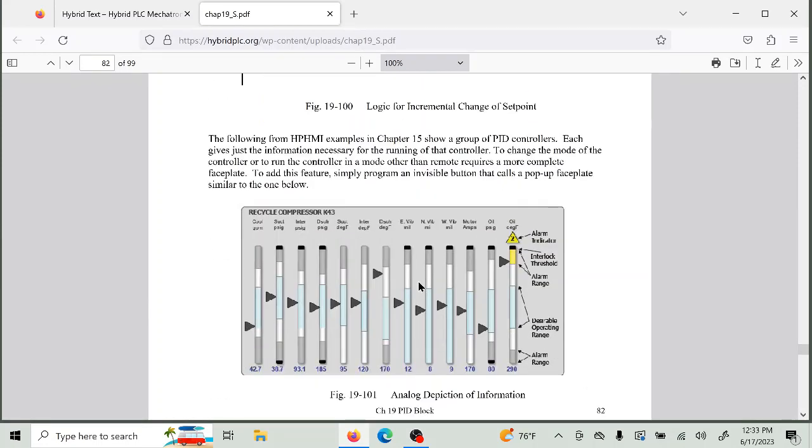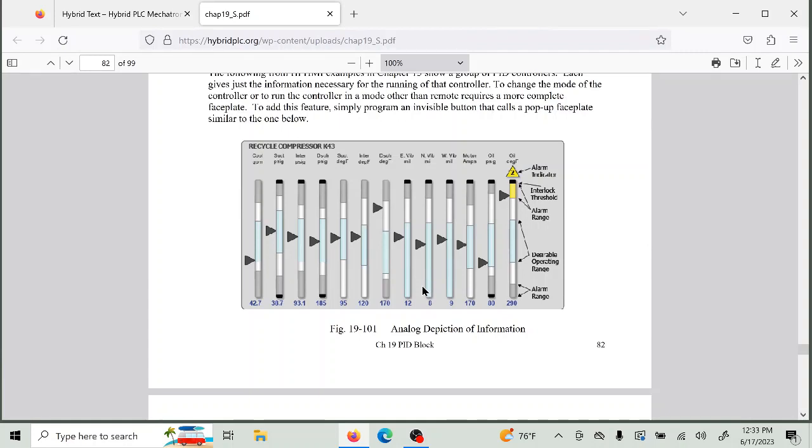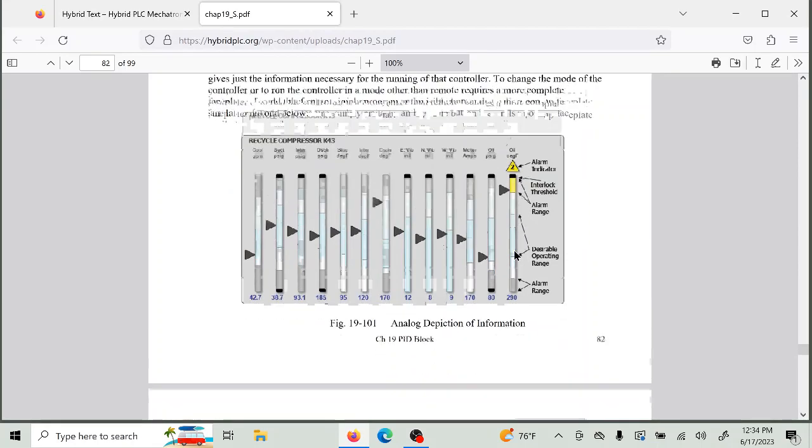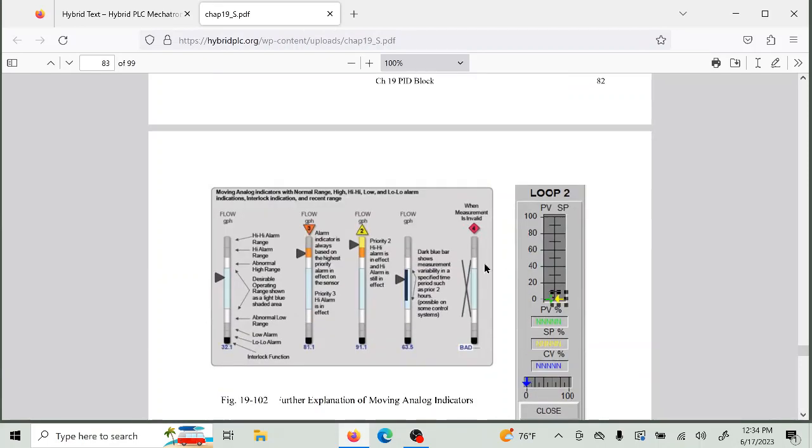Here is a picture of a number of PID algorithms. Now, when we were talking about HPHMI, high performance HMI, they said you don't need to show all that faceplate stuff, just this. And now, if you do this correctly, then you can look at all these PID algorithms by just looking at this right here. And what would you do if it went out of range or went off the rails? Well, you could have what we'd call an invisible button around it that you click on that area, and it would bring up a secondary or a pop-up